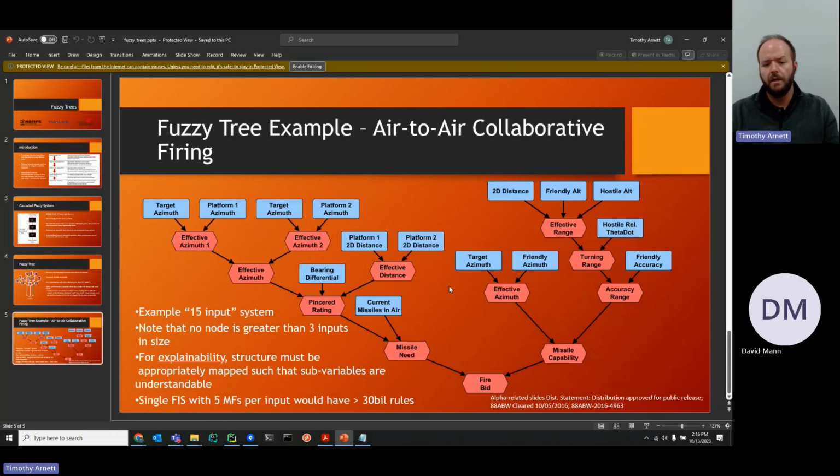a single fuzzy system. However, there are things you can do, including fuzzy trees, to reduce the amount of information you need to process. But then also internally, how you represent that information, you can do it in a much more compact and efficient manner.